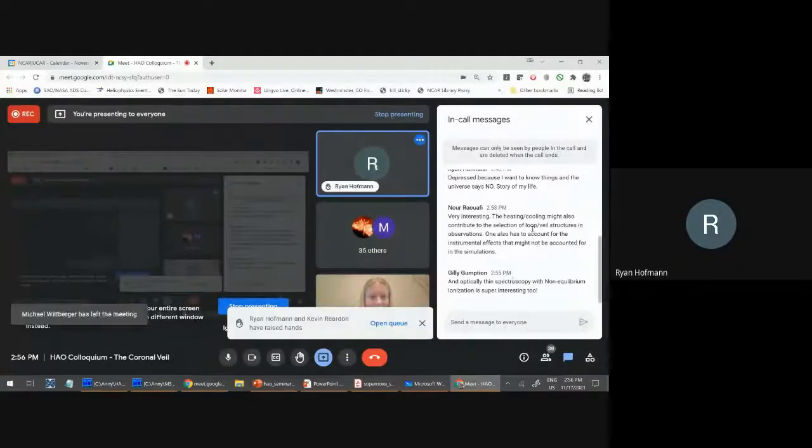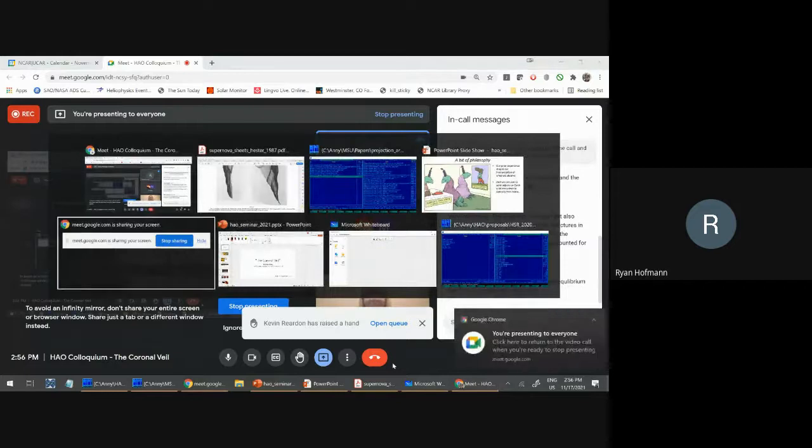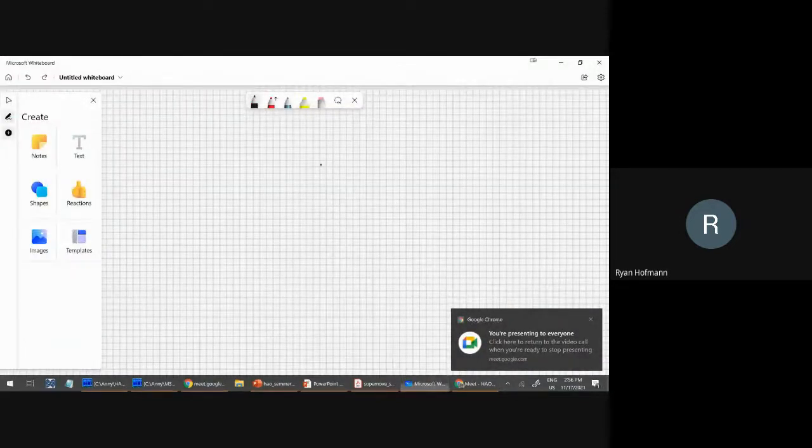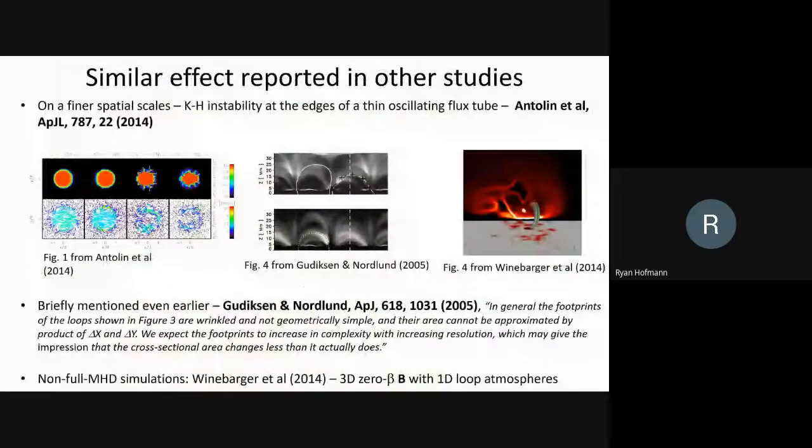Hey, so great talk, first of all. This is, I guess, related to the last question: the question of veils versus discrete little flux tubes. What determines whether you get one or the other physically? Why does your simulation show these long, complicated, folded, connected structures, or something more compact?